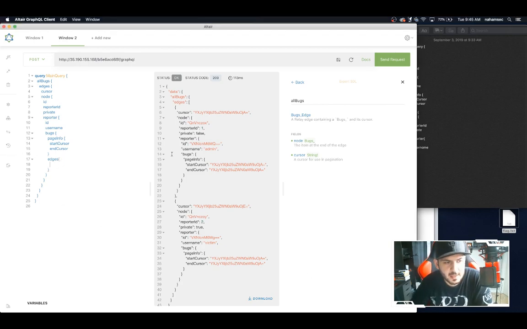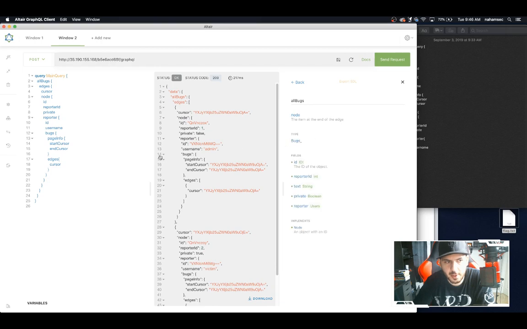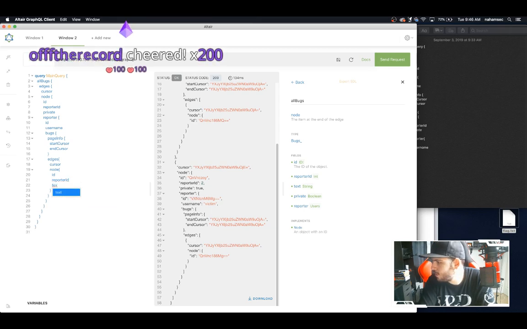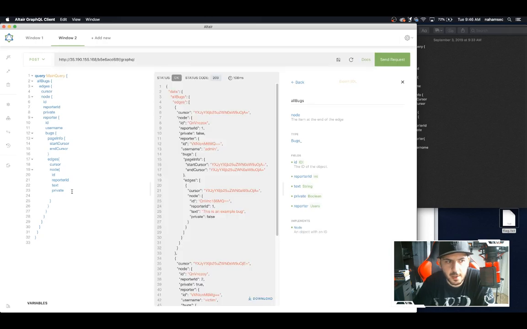So we did edges, and with our edges, we can have cursor, and this should give us a cursor, right? And then we can also do nodes, or node, I mean. And for the node, we can just call ID, and that should also work. We implemented it. And then we're going to do reporter ID. Thank you for the cheer. I appreciate it, off the record. Text and private. This should all work. So far, so good. Okay. Reporter is...